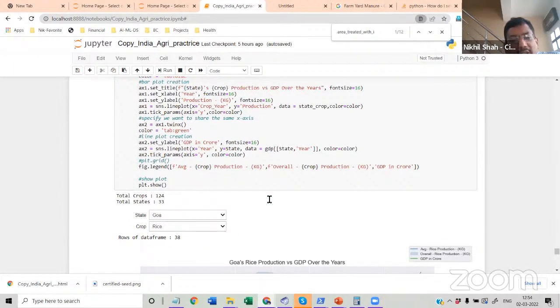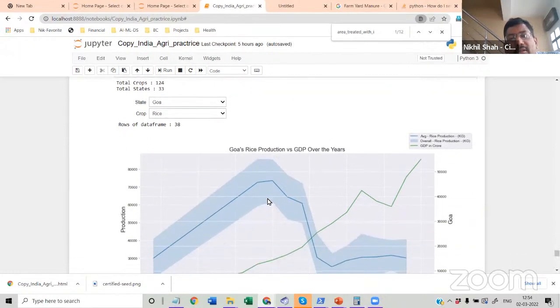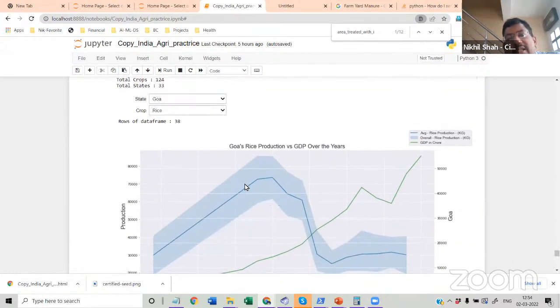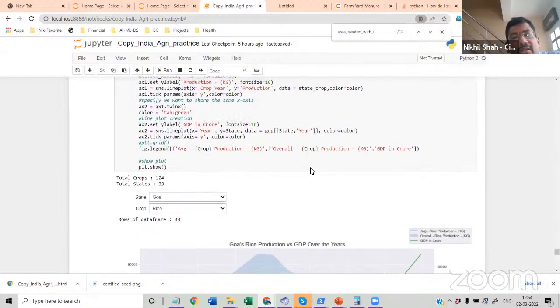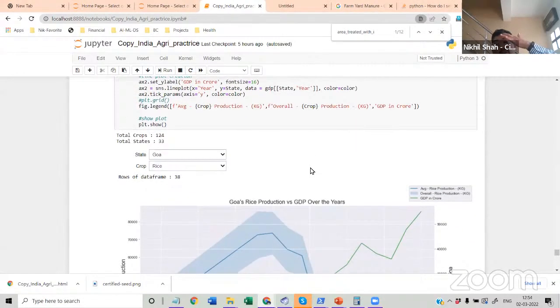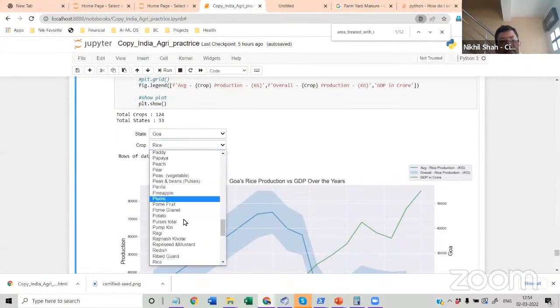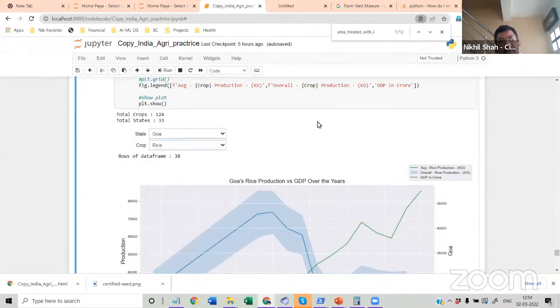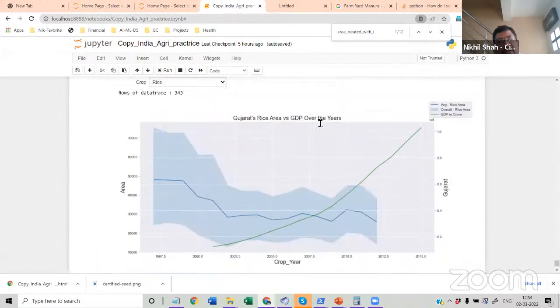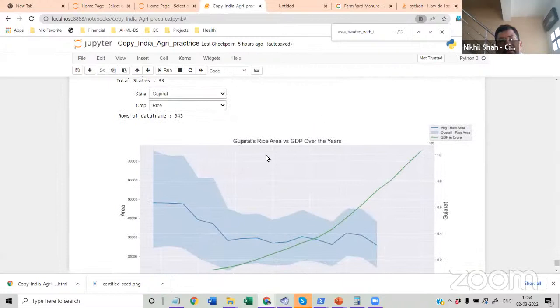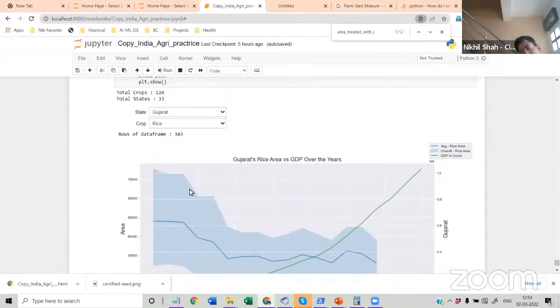Of course, you need Python knowledge. Here, does a particular state's rice production have any relationship with the GDP of that state? So we have taken the GDP of each individual state and the production in every state. You can pick all these different fruits, and similarly the area used for a particular crop's production.